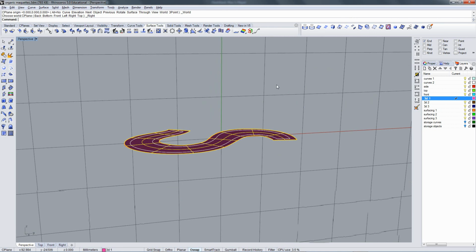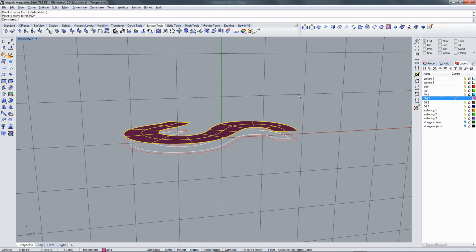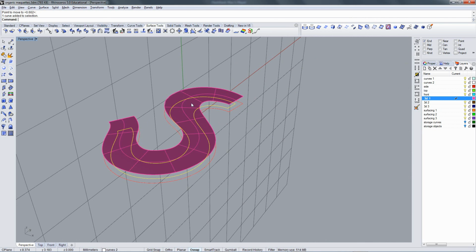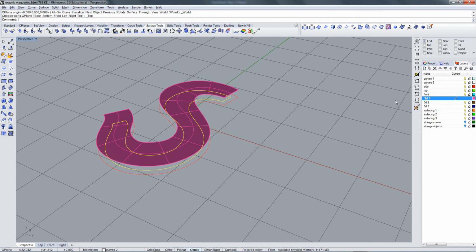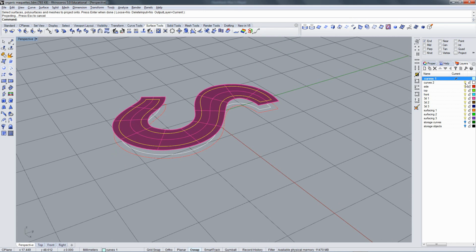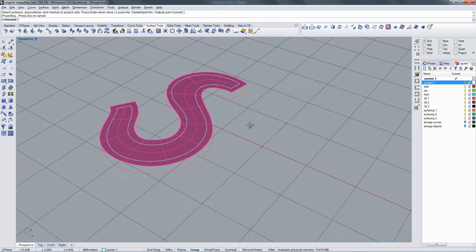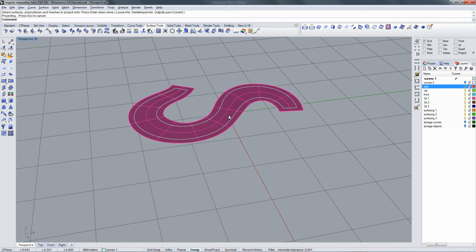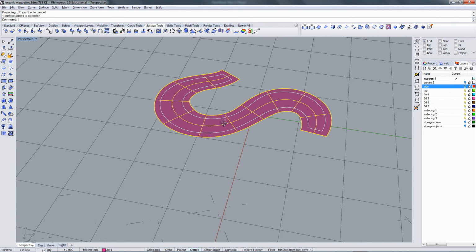Going to move this off the ground somewhat. Going to take my original curves, top C-plane, project curves with recorded history. This should all be very familiar by now. Delete equals no. I can turn off the layer with the base one. They don't need the one with the outline either, because now we're down to our basic kit. Okay? The difference here being